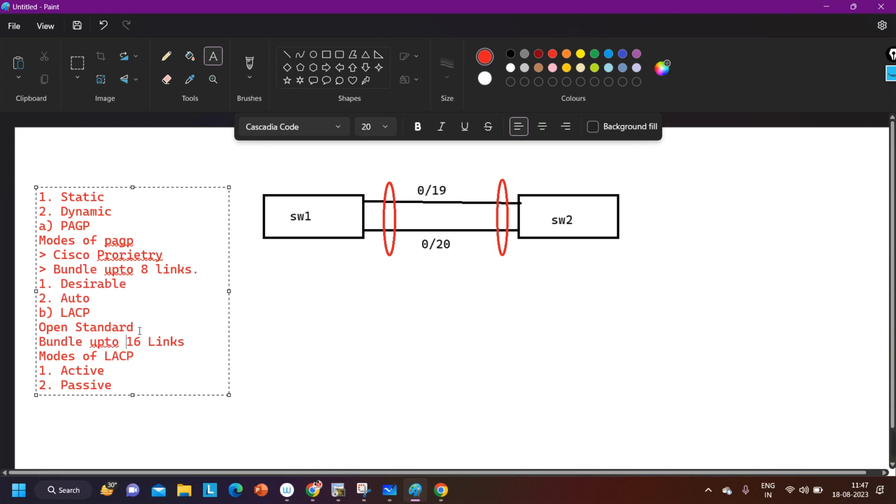Up to 16 links. So that is the reason why we are using the LACP protocol instead of PAgP. In most cases you will see we are using LACP, or we can use a static method. In a static method we have only one mode, that is on mode. So if you want to configure a static EtherChannel between switch 1 and switch 2, you have to use